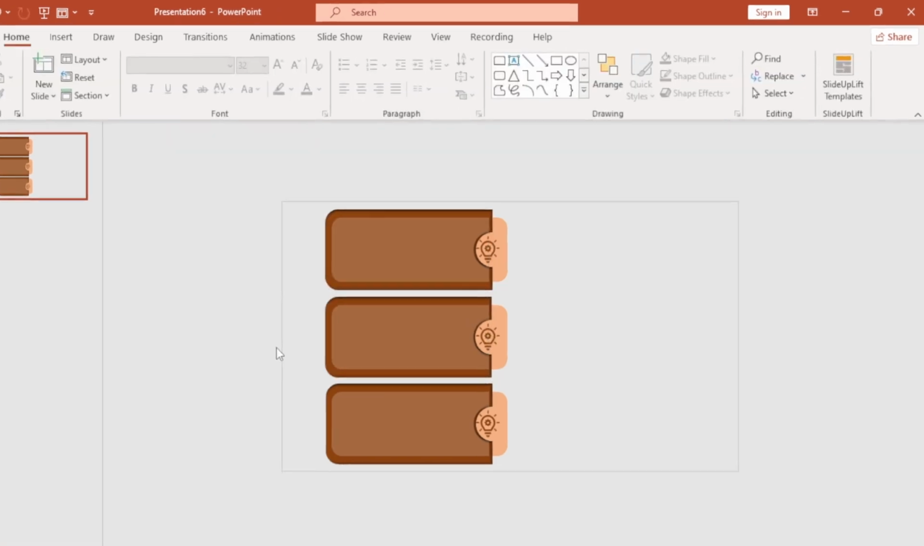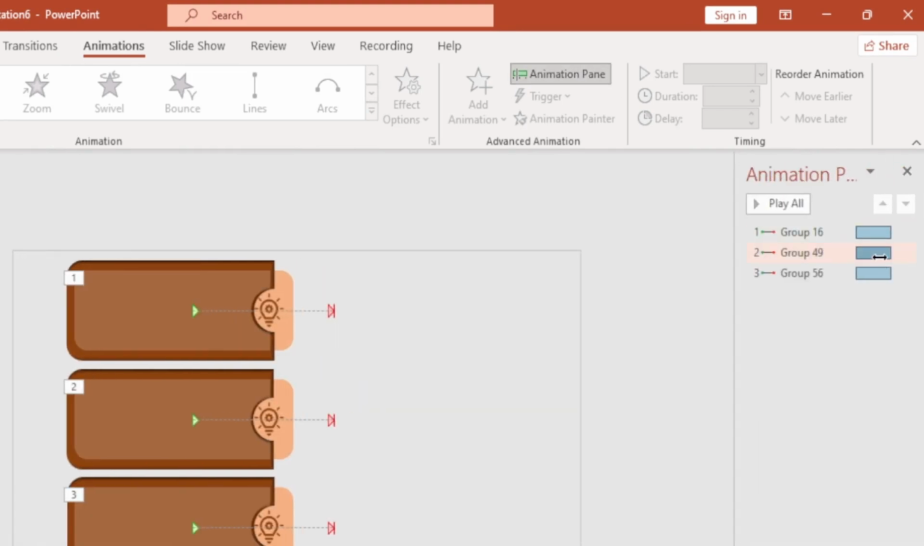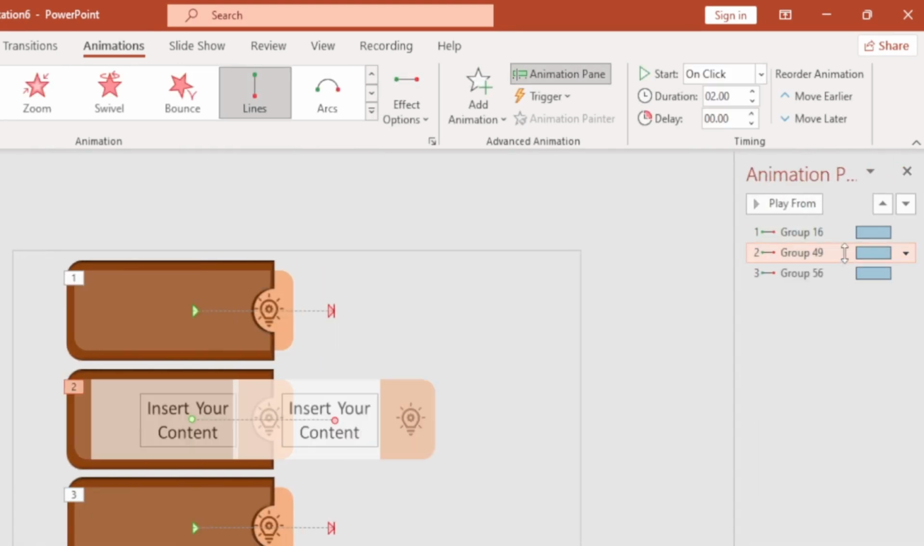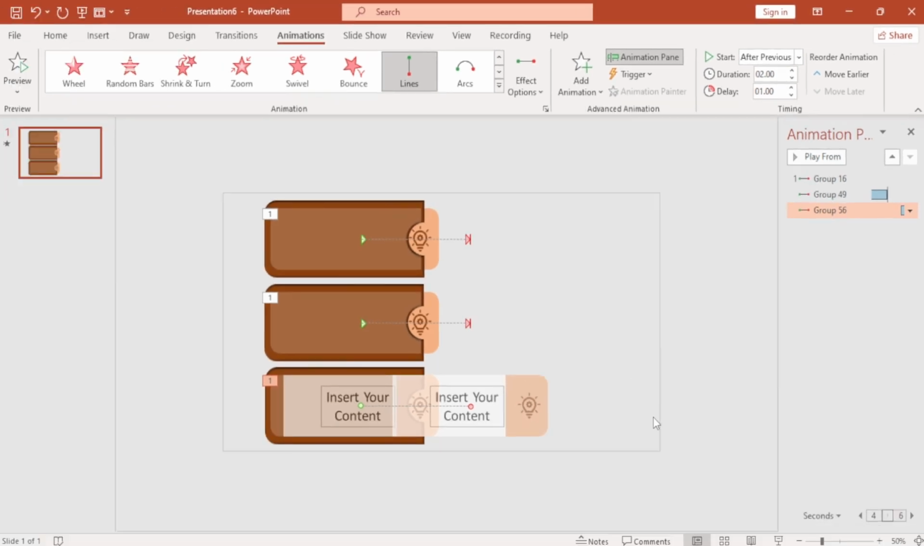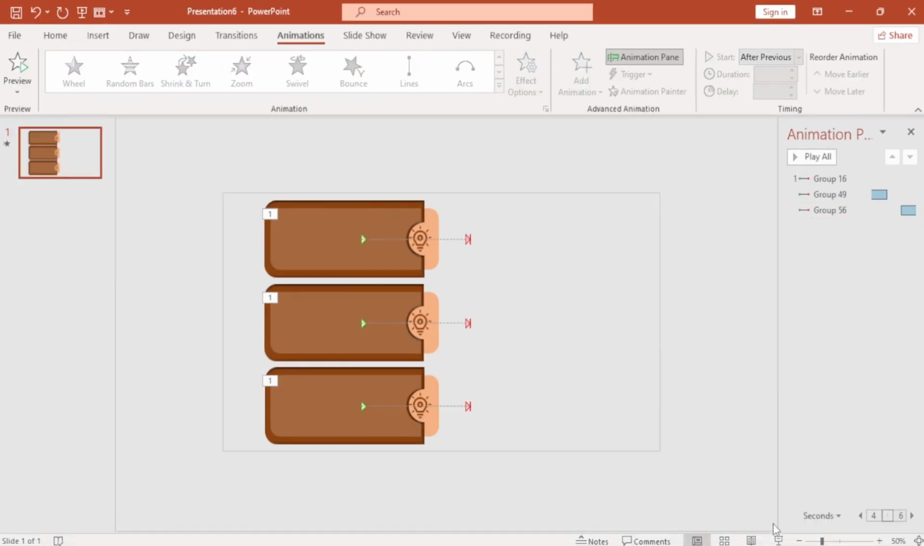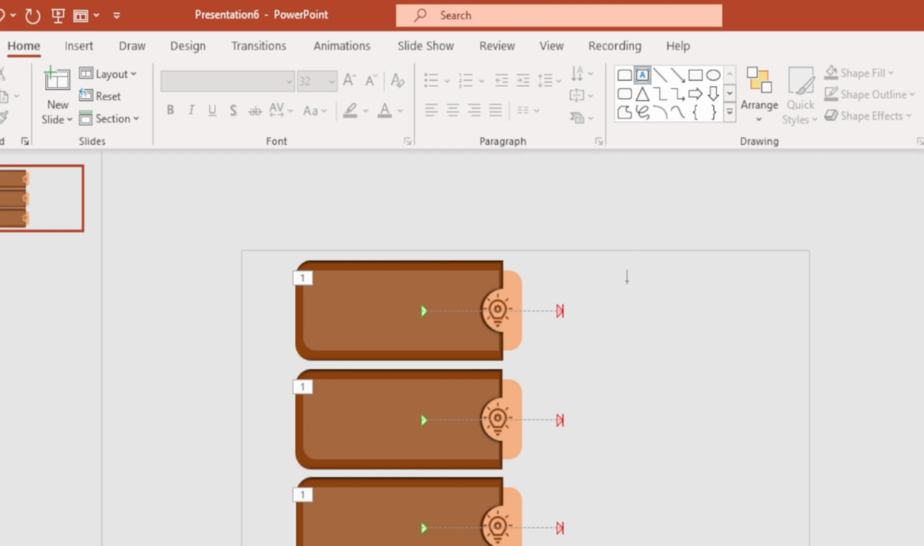Awesome. Okay, we come to animation, go to animation pane, select this, come here and say start after previous, and let's give it a delay of 1 minute. Come to this, let's say start after previous, and let's also give it a delay of 1 minute, and boom, that's all right. And to wrap up this video, we come here and put a text box and say